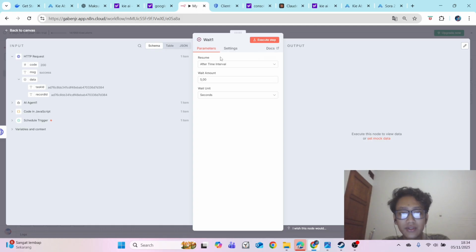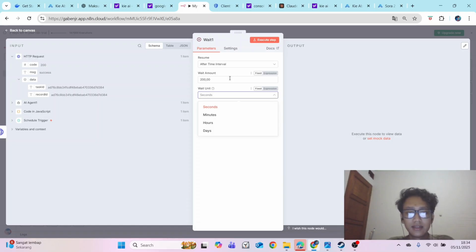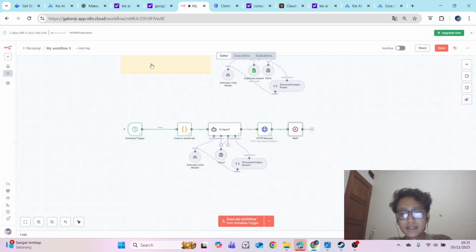So we need to wait around 200 seconds, because it's very safe to make sure this Kie AI already processed your video. Otherwise it will not be detected in your next flow. Okay, so I will set 200 here, wait unit seconds, and we can go back to canvas.